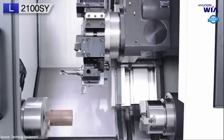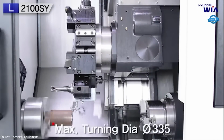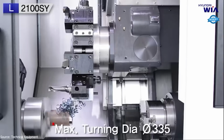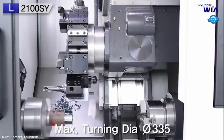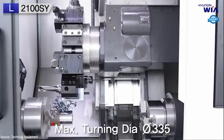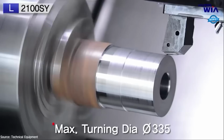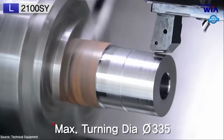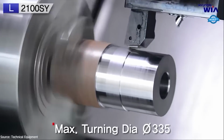The Hyundai WIAL 2100 Y-axis lathe is engineered to handle a wide range of workpieces, with a maximum turning diameter of 335 mm and a maximum turning length of 455 mm. These dimensions make it ideal for medium to large parts, offering the flexibility to handle various sizes and shapes. The lathe is equipped with an 8-inch main chuck,